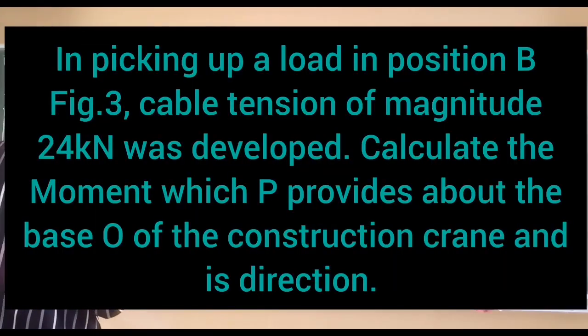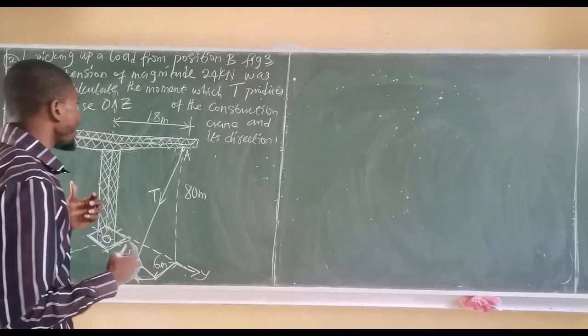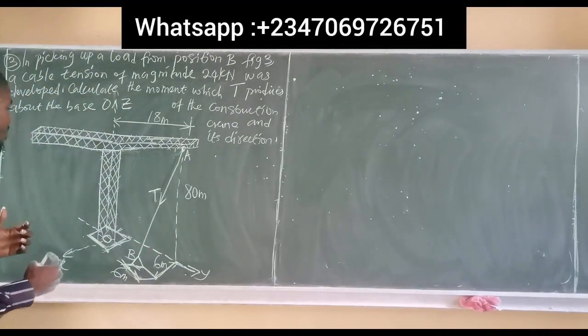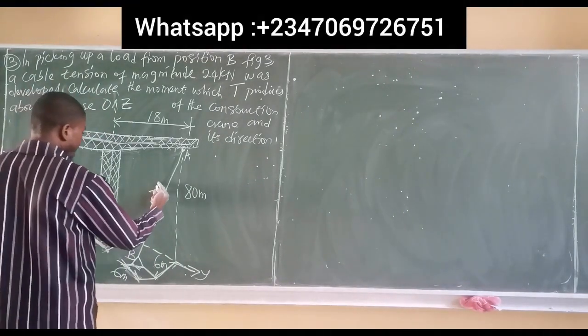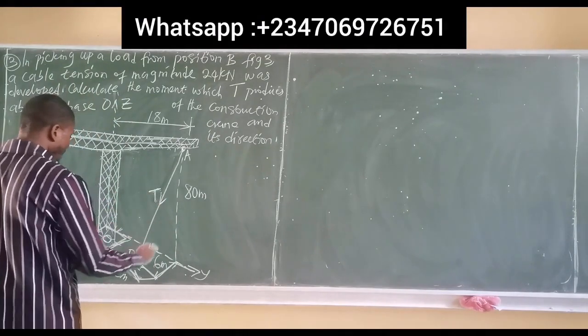Question says, in picking up a load from position B, figure 3, a cable tension of magnitude 24 kilonewton was developed. Calculate the moment which T provides about the base O of the construction crane and its direction. So we have to find the moment of force generated or caused by this tension in this cable about the